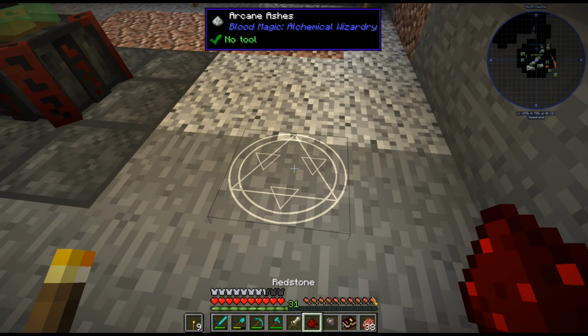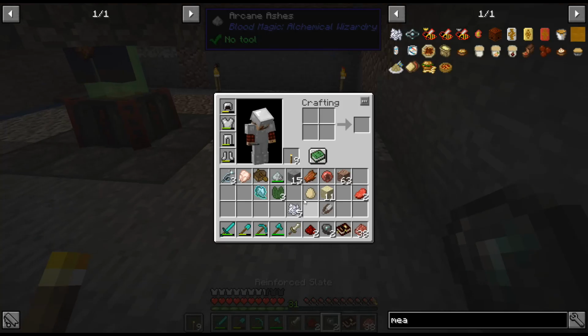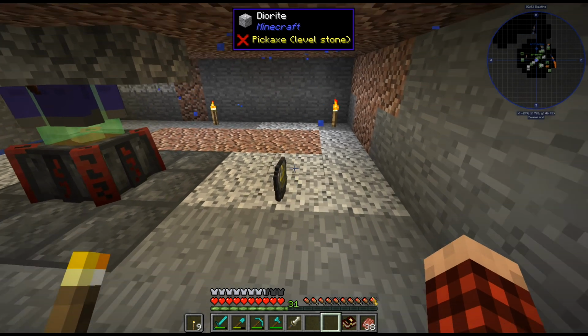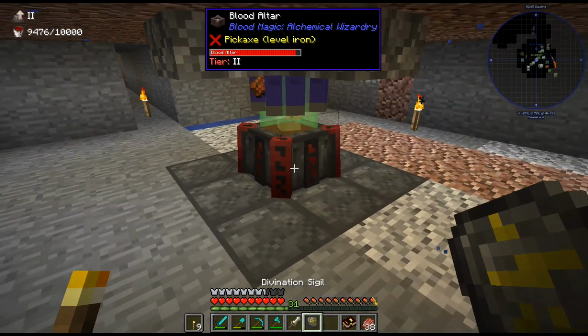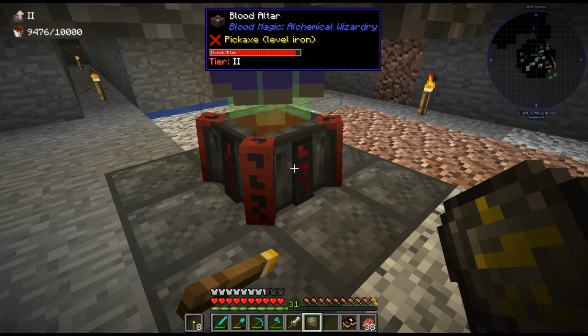Okay. So we're going to go like this. And like that. And then it's going to start spinning and doing stuff. Look, it comes up off the ground. It's awesome. We get cool messages and stuff. And then as soon as it's done its cycle, we get the divination sigil. And the cool thing about the divination sigil is it tells us...